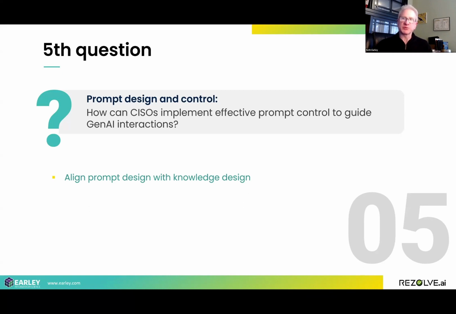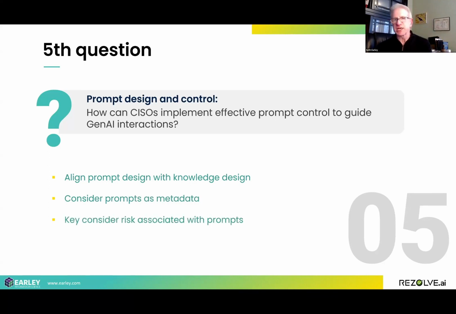They're putting this through a quality control process, hiring teams of people to try to break it, to try to get it to hack into a system, or to provide bomb making instructions or illicit drug design and development, whatever it might be. But what we want to do is think about the knowledge that we're trying to retrieve and consider prompt design